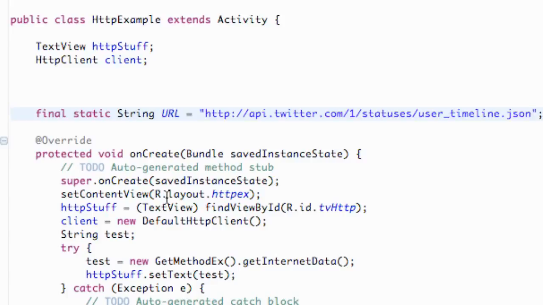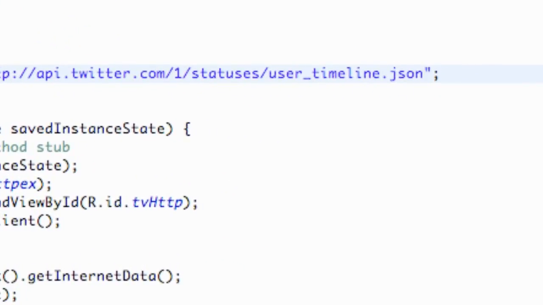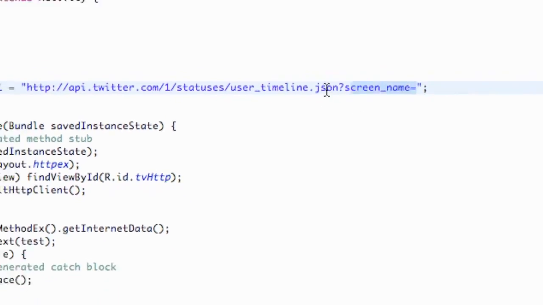Hopefully in this tutorial you will understand a little bit more about what we're doing. The first thing we're going to do is add to this URL, because before I just wanted to show you it was a JSON type URL. What we're going to add to it is a question mark, screen underscore name equals, and for example we're going to just copy this